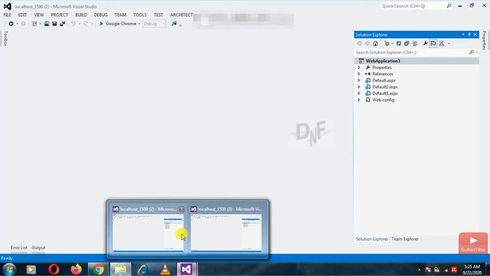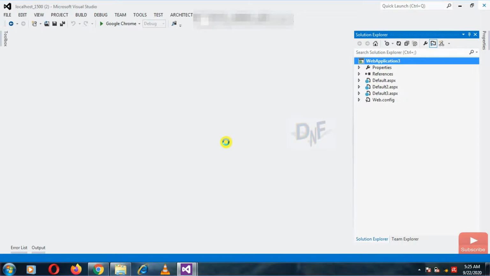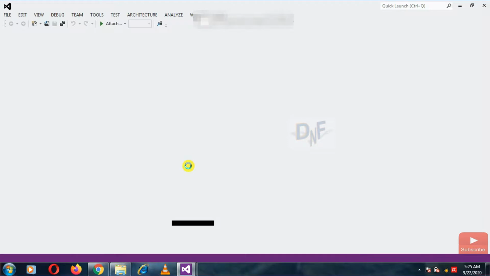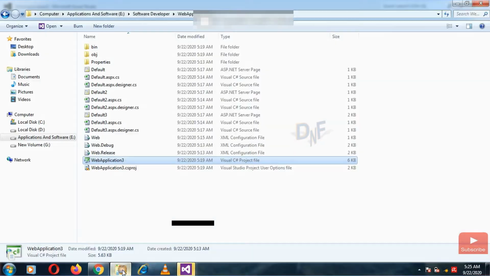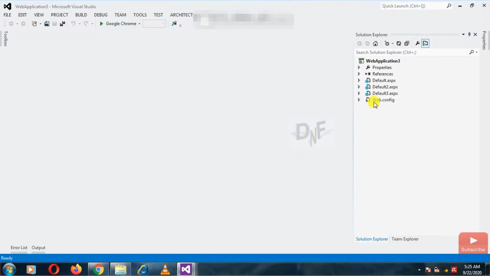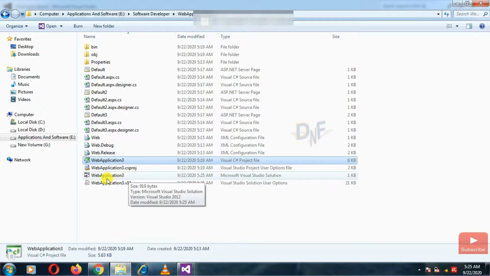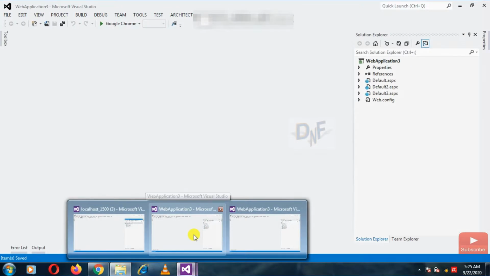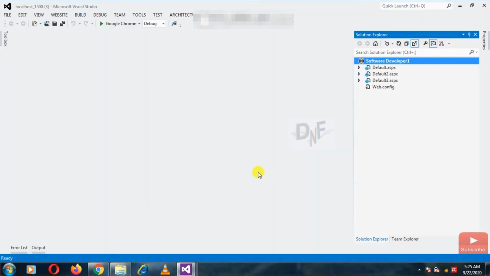If I close the web application and want to open it again, I just click on the project file and you can see it opens. Also there is a solution file. When we save it, it also creates a solution file, and by the solution file you can also open the web application.